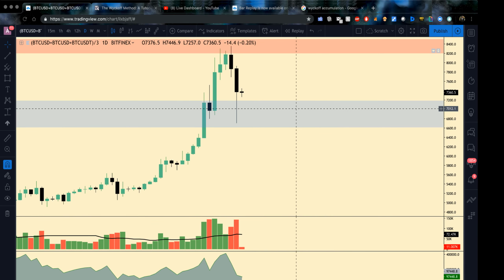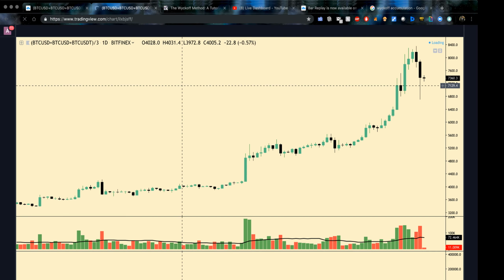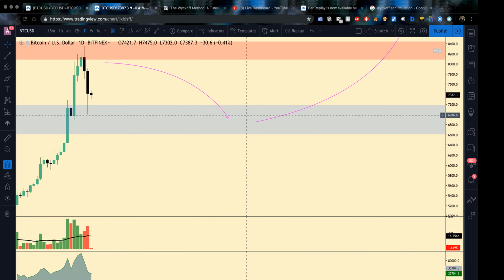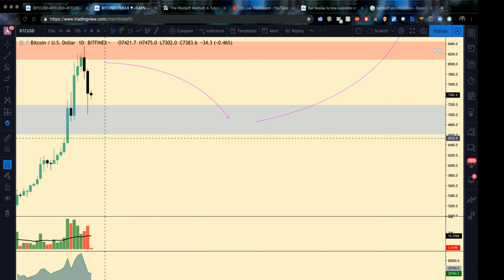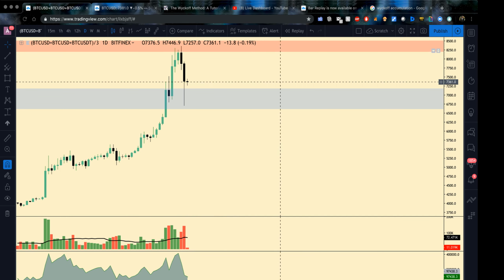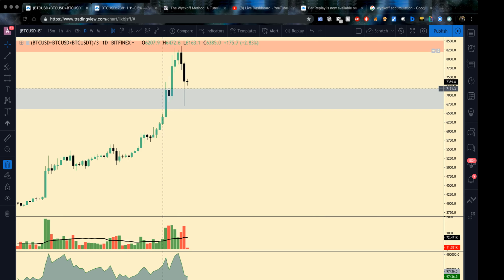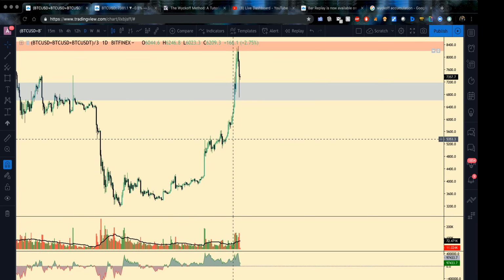In my head, I had, let me pull up another chart. I think it's my Bitfinex chart. Yeah, in my head, I had something like this where we pull back here, which I consider that part to already be done. And then we keep going here. I don't know that to be the case. I can totally foresee a situation where we consolidate for days, weeks, just between these two levels before more upward movement. There's a lot of area down here that's untested, so I can totally see